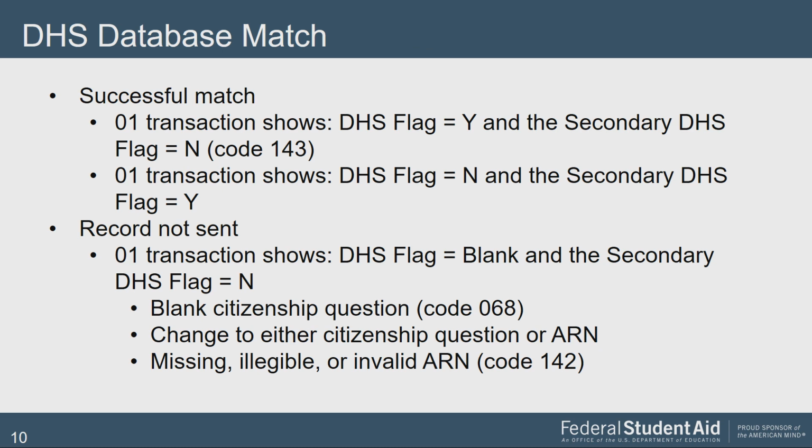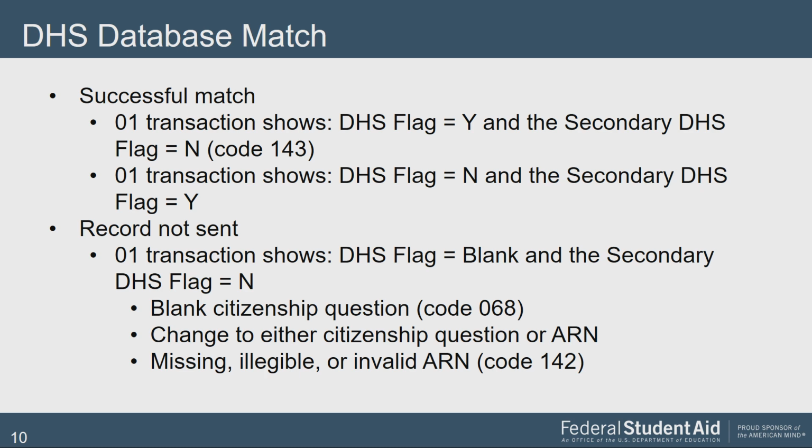Now, a slightly longer process for the DHS database match. DHS runs the student's information against their database for the automatic primary verification check. If a match is found, an ISIR is returned the next day or so with DHS flag equal to Y, so yes, and secondary DHS flag, no, because it hasn't yet gone through the secondary process and won't if it passes the first match. So if it's not found in that initial match, it's held for up to 3 days